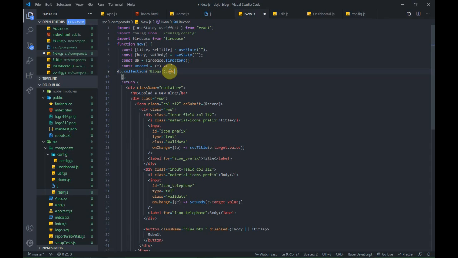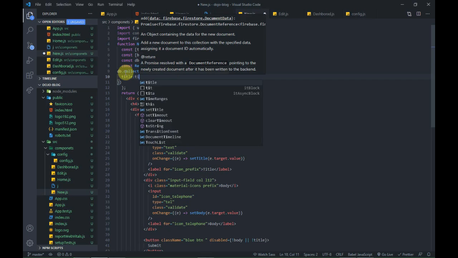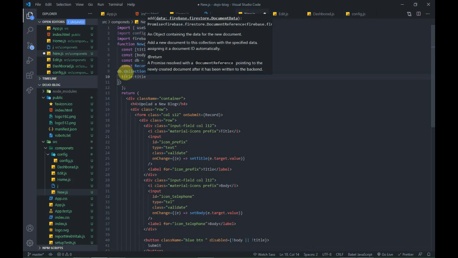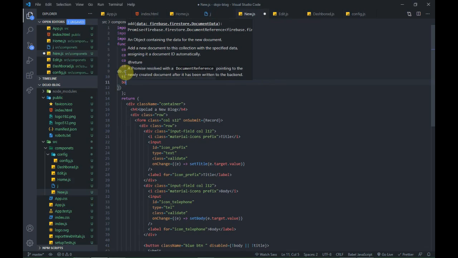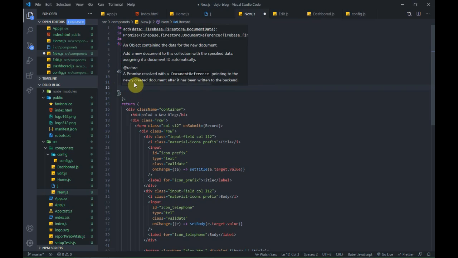So we say .add, then we pass in an object of what we want to add. So here we want to add the title, which is our property, and the title is our state there, which is the other title. With ES6 you can just shorten it and say body. It's just going to work like this. Or we can add the date, which will be